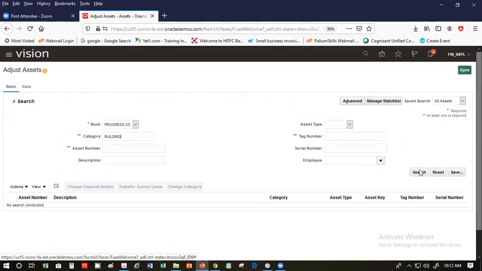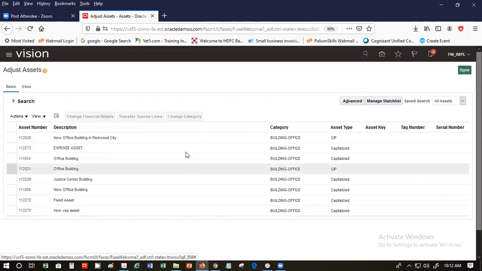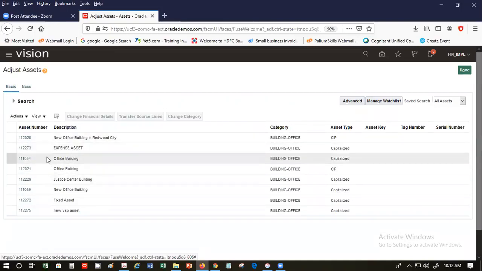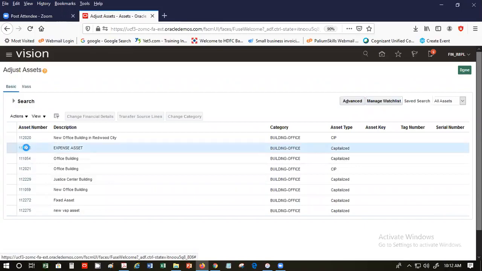Let's do one and see. So these are the assets that we have. And if you want to do any kind of adjustments,